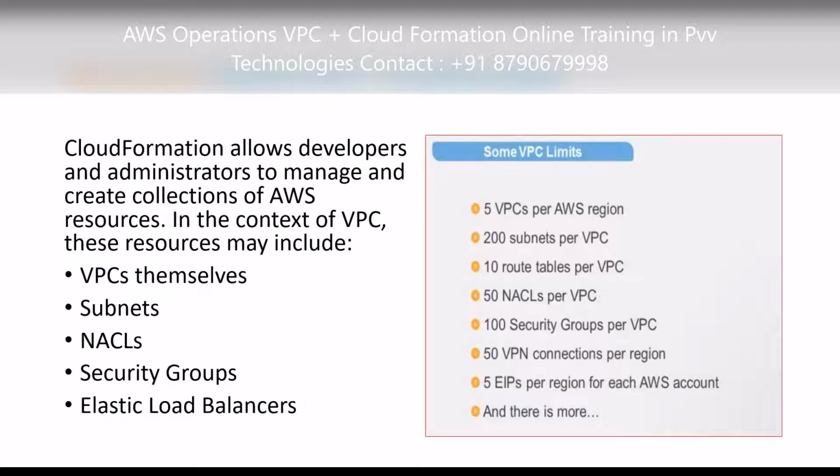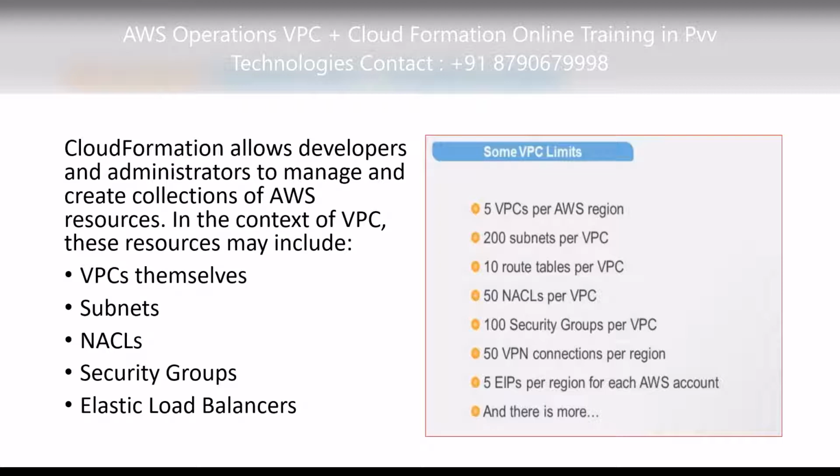10 routing tables per VPC and 50 NACLs per VPC, 100 security groups per VPC, 50 VPN connections per region, 5 elastic IPs per region,